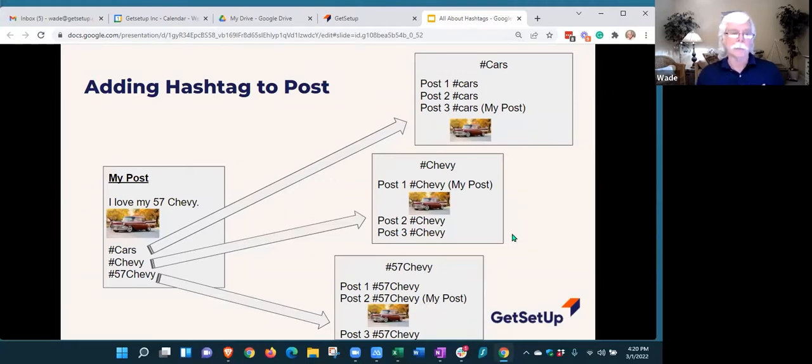This is why businesses love hashtags, because what they're trying to do is get their posts seen by as many potential customers as possible. That's why they'll put 30 hashtags on a post. So it's now showing up in 30 different lists, as well as to anybody that's following that person. That makes sense? Kind of.